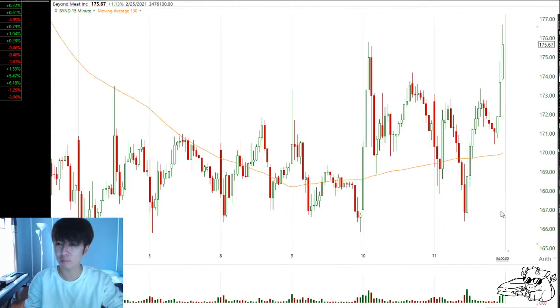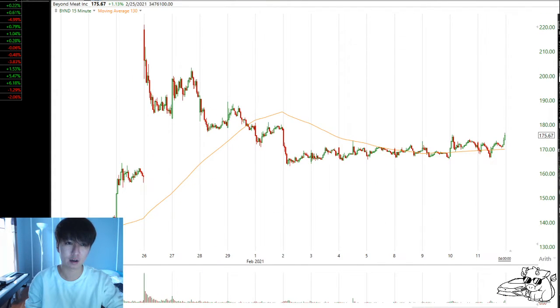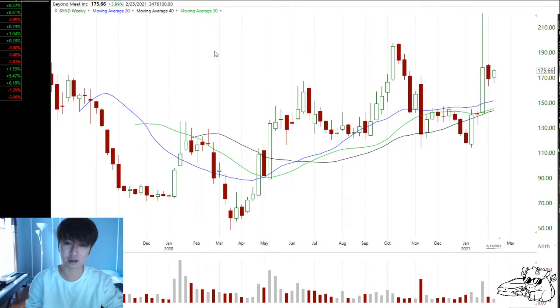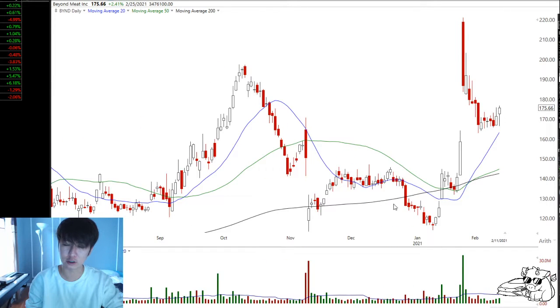And how do we want to approach this? We're going to drill down, but before we get in, why do I like it? First of all, if you look at the weekly chart, obviously it's on an uptrend, right? On the daily chart, it's on the 200-day moving average, and the 20-day and the 50-day are also on